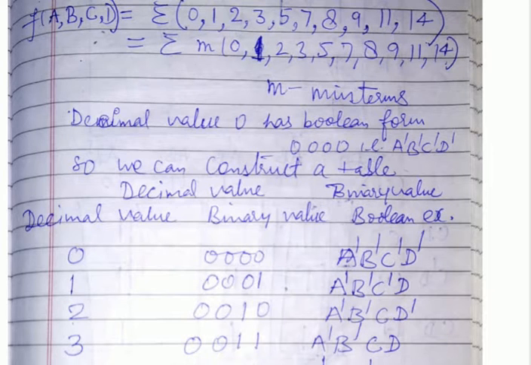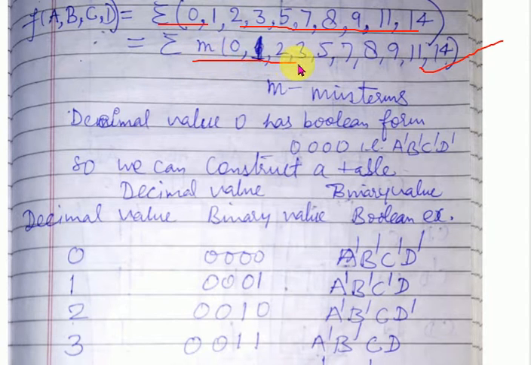Good morning class. In this video I will discuss another problem of Karnaugh map. We have to minimize the Boolean function represented in this form. This is another representation, sigma 0 1 2 3 5 7 8 9 11 14,